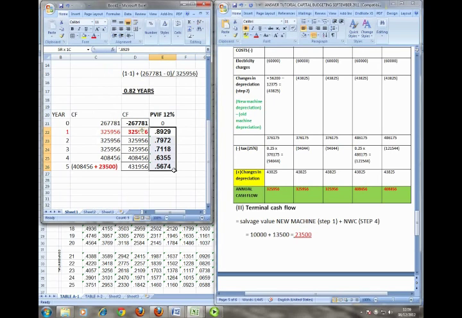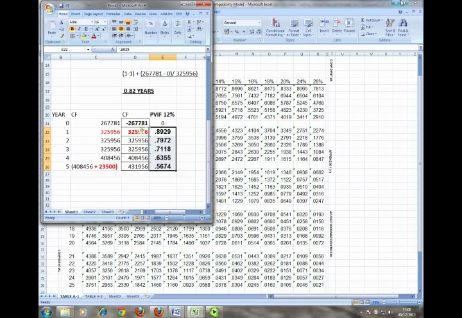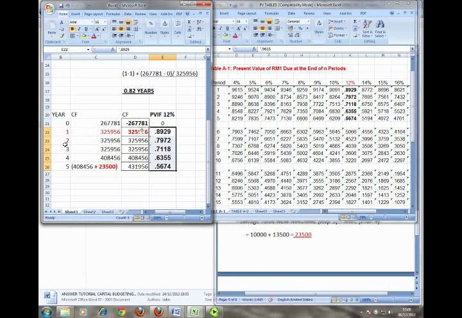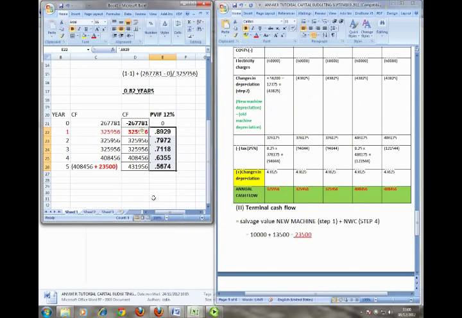Alright, where do I get this from, class? From the PVIF table at 12%. Year 1, put it as year 1. Year 2, you put it as year 2. As you can see now, class. You see? Year 1, year 1. Year 2, year 2. Year 3, and year 3. Alright, class. When you have put the PVIF figures in the table,